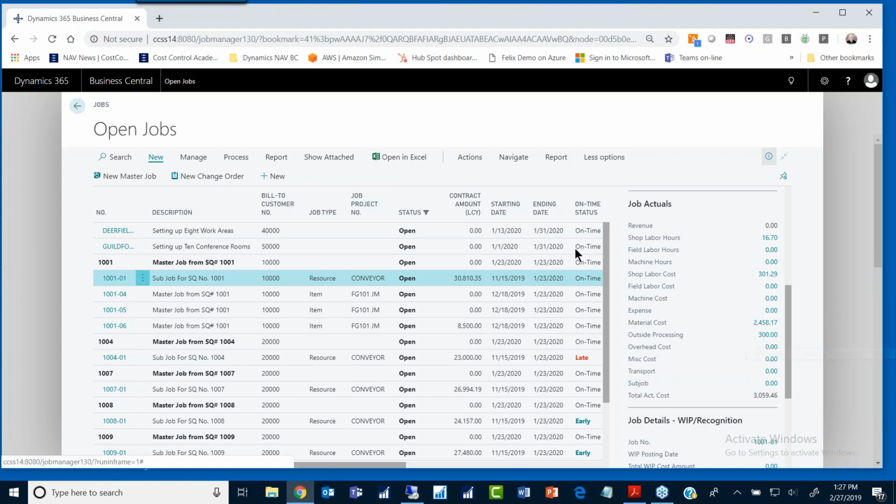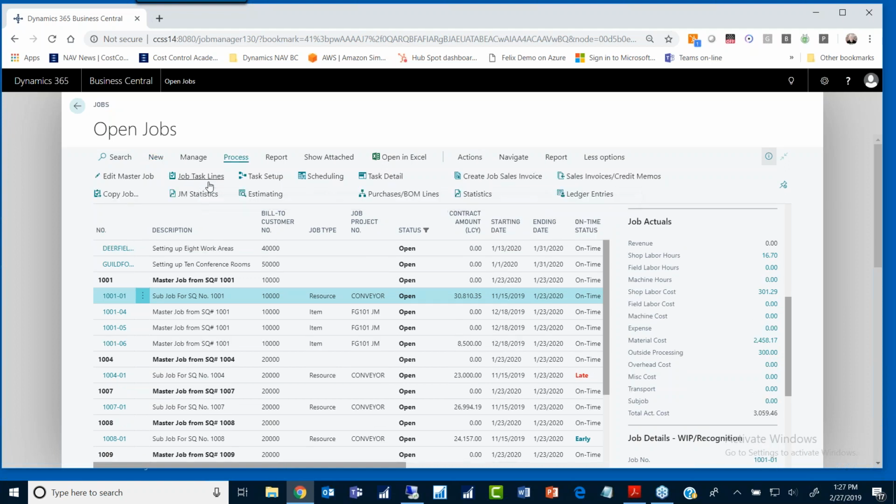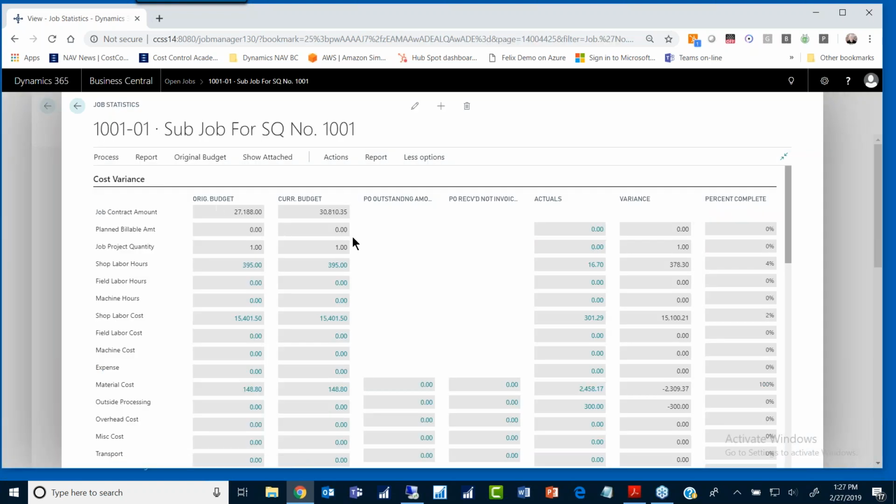Now there's also, let me see if I can jump into this as well, a really nice statistic window. Here it is right here. Job Manager Statistics. I love to show this one because this compares so nicely your current budget. This is that budget information that we just saw versus the actuals. And then of course now I can subtract. So if I read from left to right, the difference between the budget and the actuals is my remaining cost,